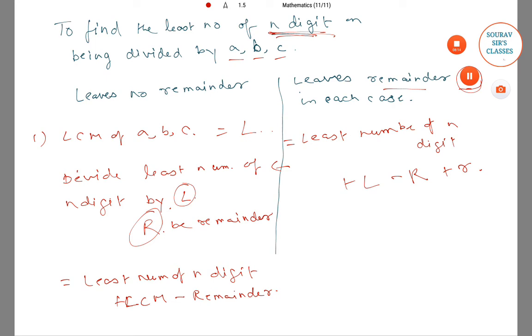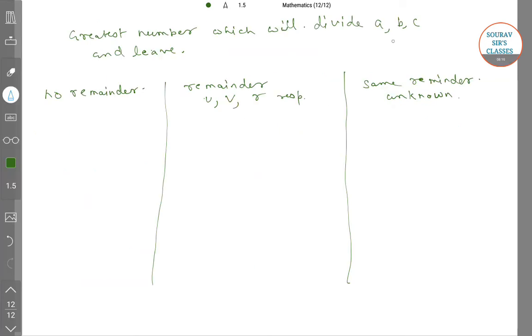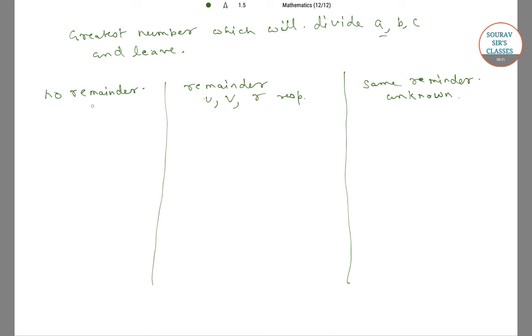Suppose we have to find the greatest number which will divide A, B and C and leave no remainder. In this case the answer would be the HCF of A, B and C. Now if we have to find the greatest number which when dividing A, B and C will leave the remainders U, V and R respectively, in that case the answer would be the HCF of